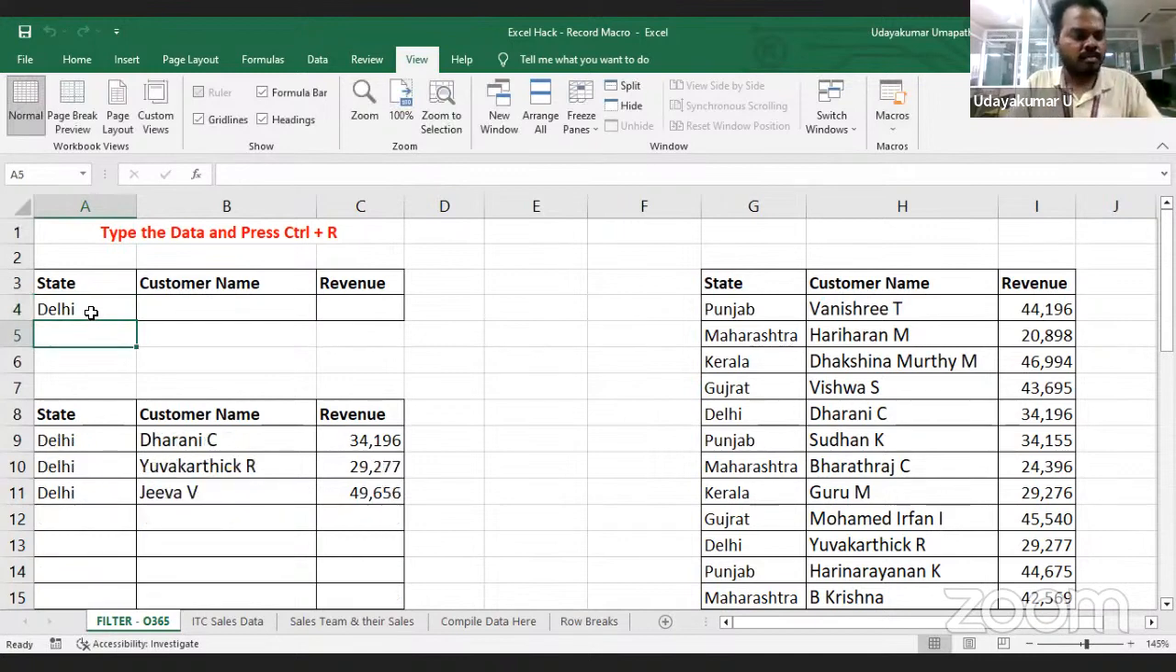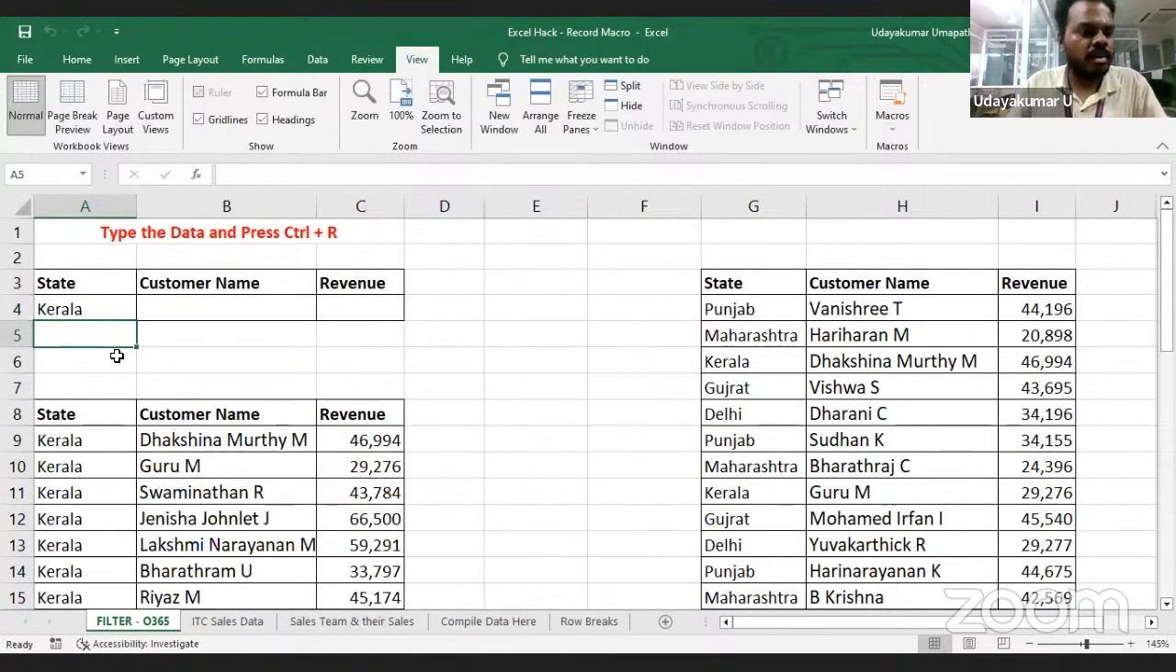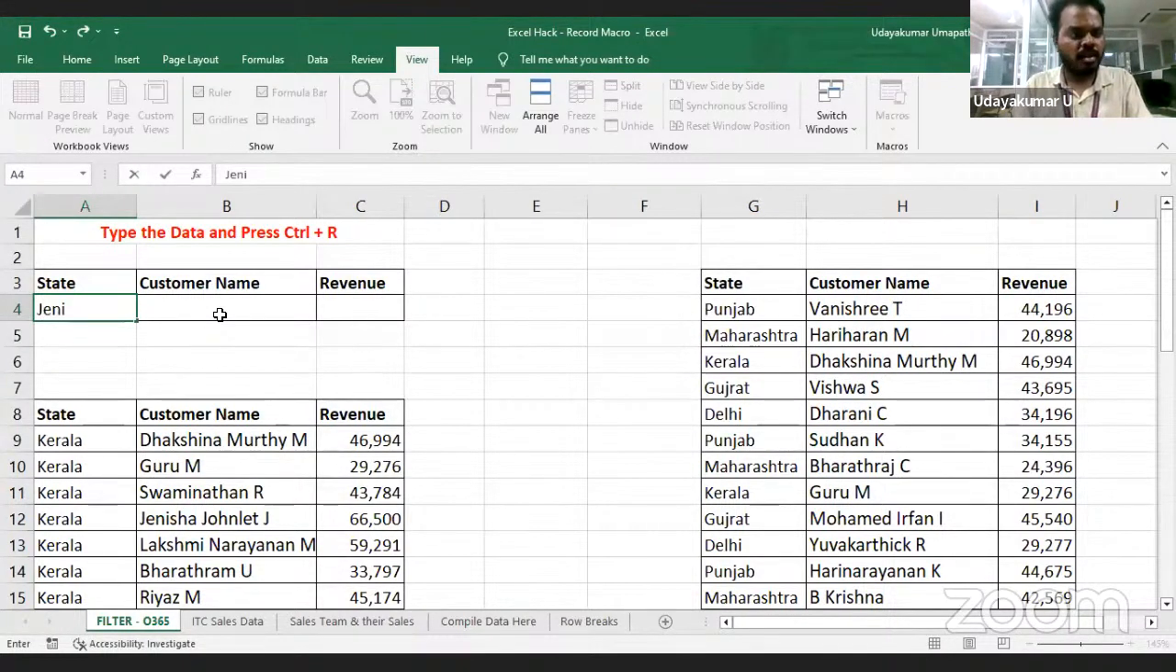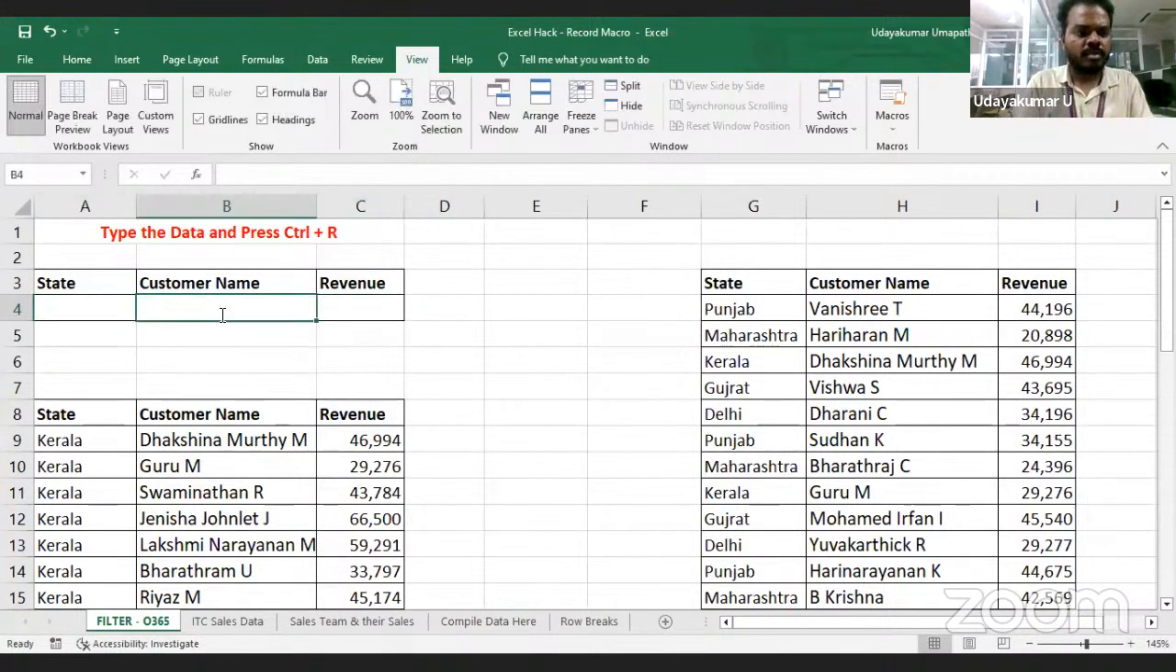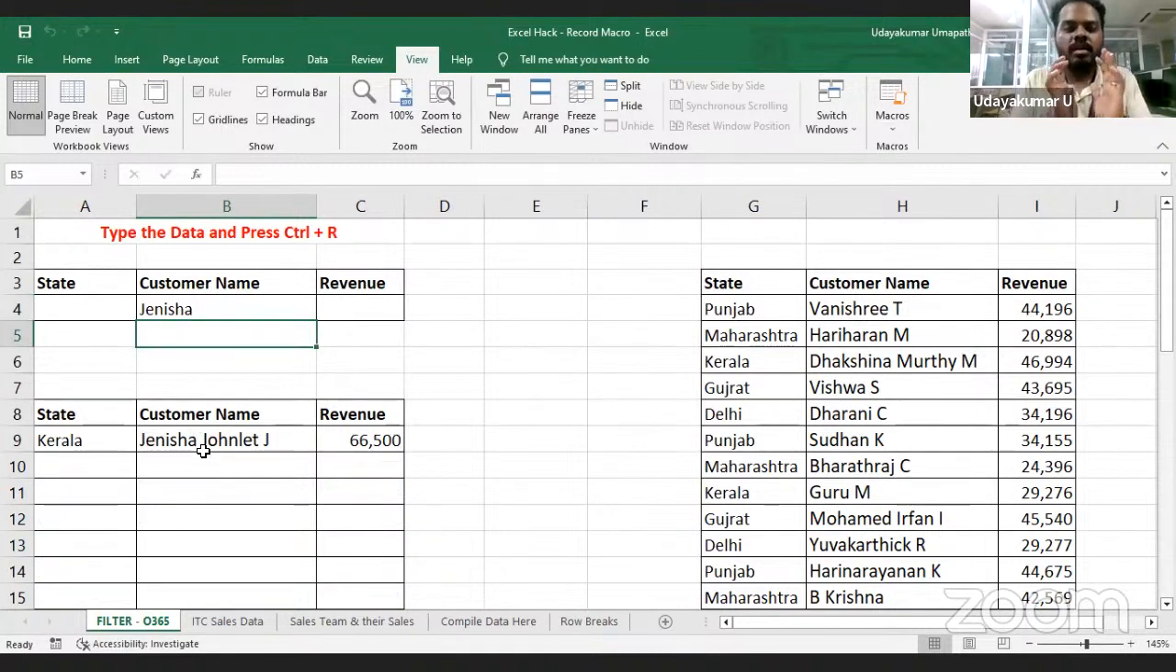What will happen? Only Delhi records will be displayed. If I change it to Kerala and press Control R, only Kerala records are displayed. Now I'm going to enter the customer name. I'm going to select Janisha from the database. You can select based on the text also. Janisha, just Control R. These kinds of hacks will work for academic purposes, education purposes,